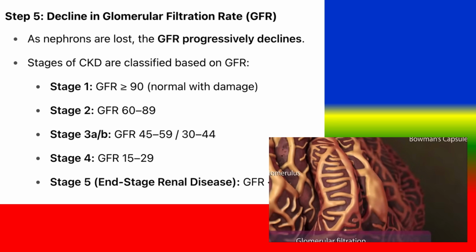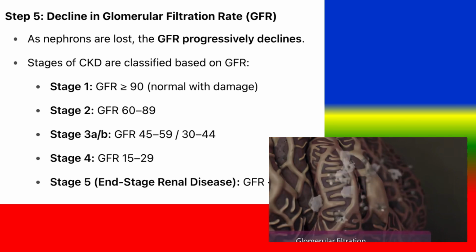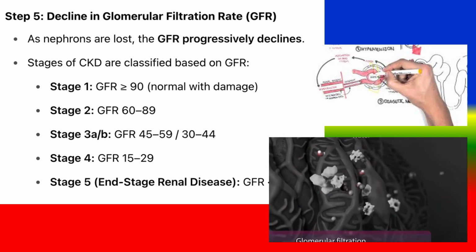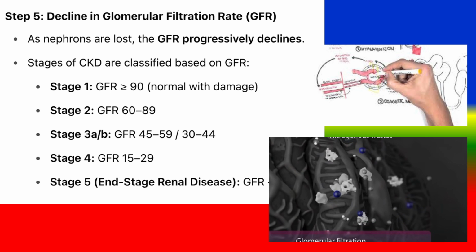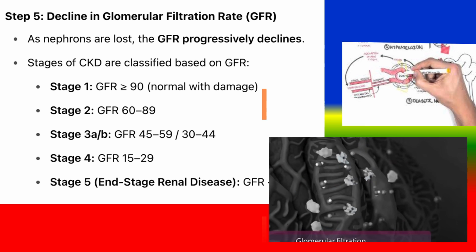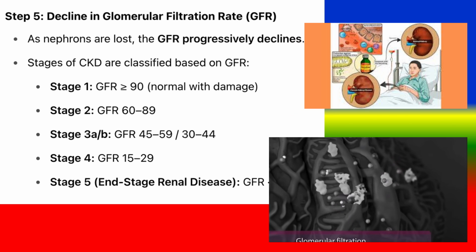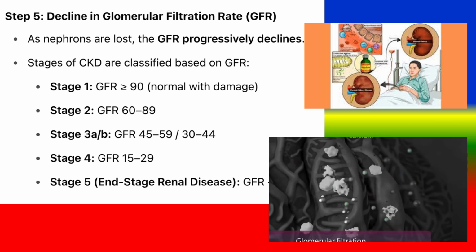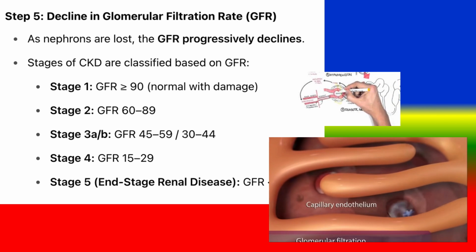Step 5. Decline in glomerular filtration rate, GFR. As nephrons are lost, the GFR progressively declines. Stages of CKD are classified based on GFR. Stage 1, GFR 90 or above, normal with damage. Stage 2, GFR 60 to 89. Stage 3A and 3B,